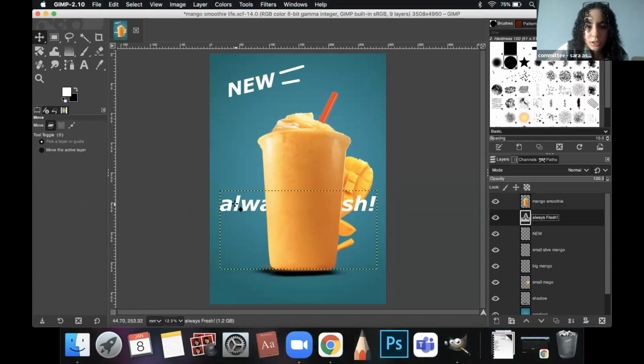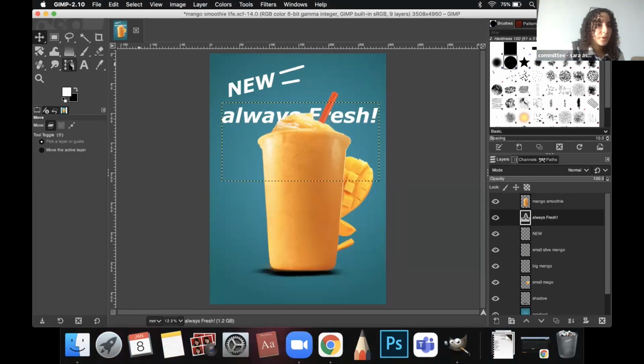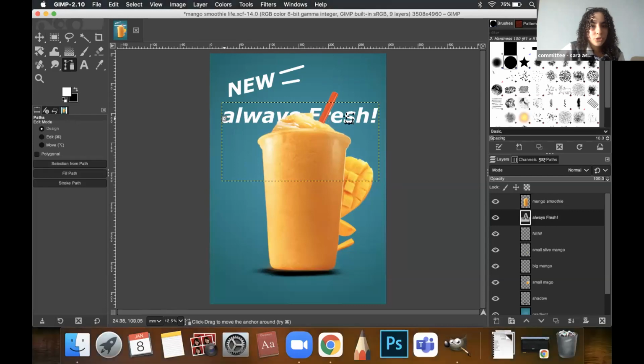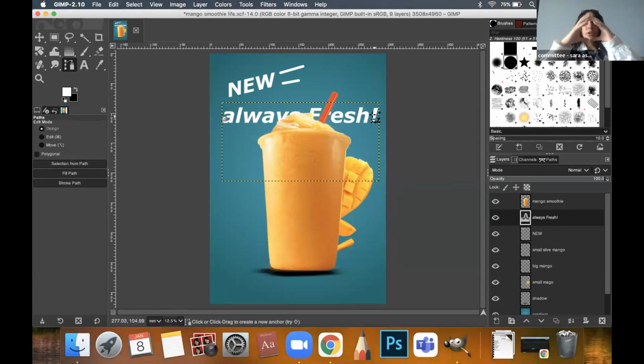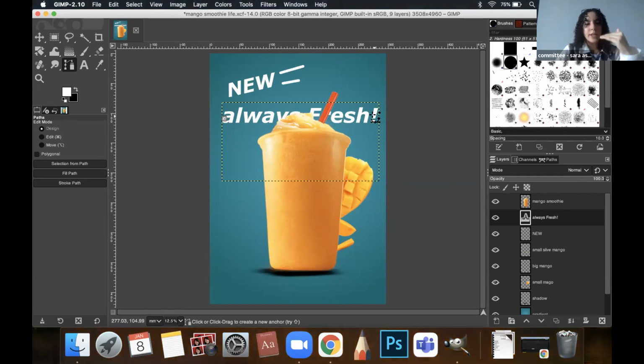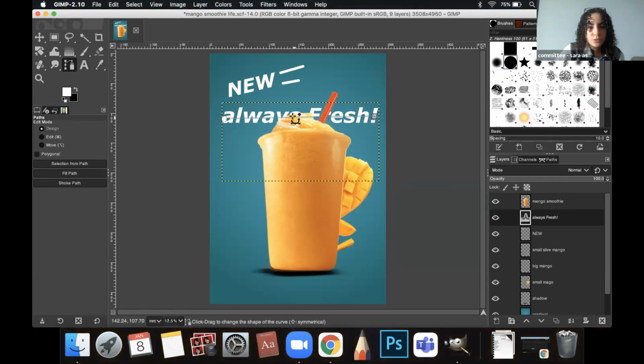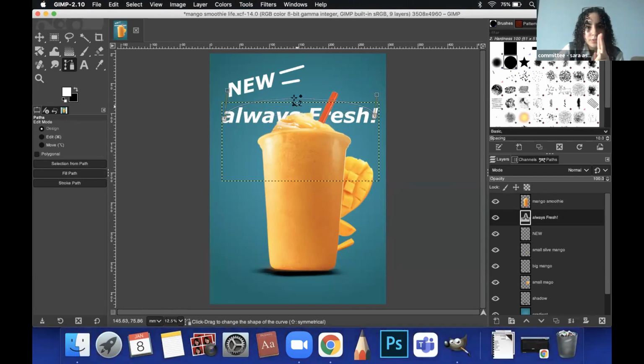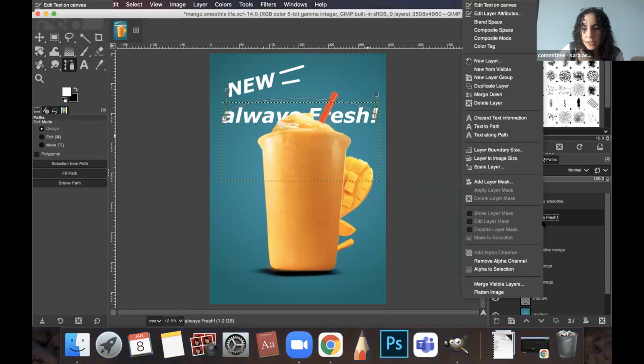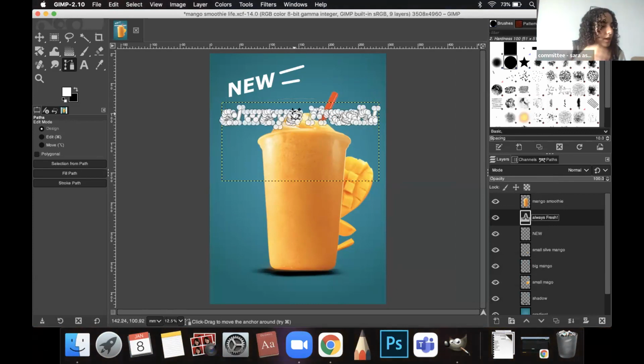Anyways. We're gonna select this, and then what we're gonna do is use the path. We're gonna put a path because we want to curve the text instead of making it flat. And then you put 2 points towards the two opposite ends of the text, and you're gonna see a line that comes between them, and then you're gonna curve it, and then you want to right click the layer, and then you want text to path, and then